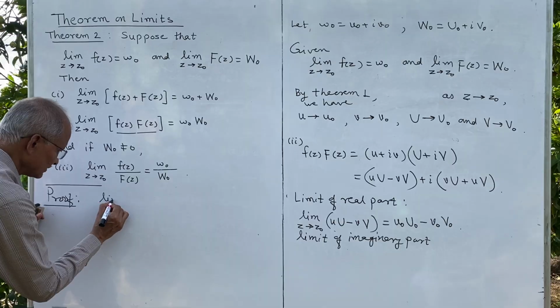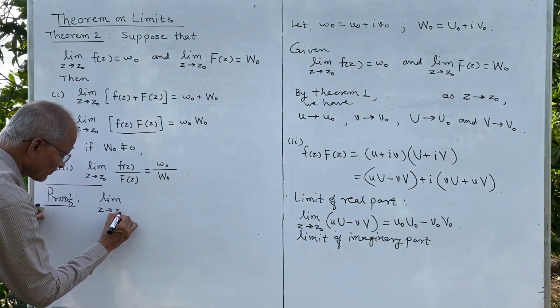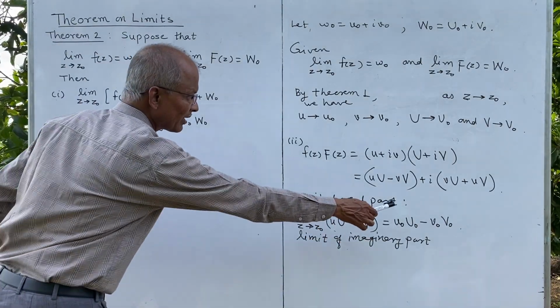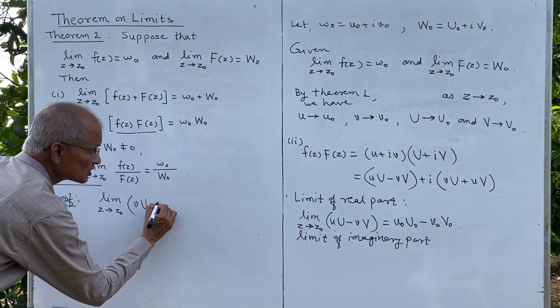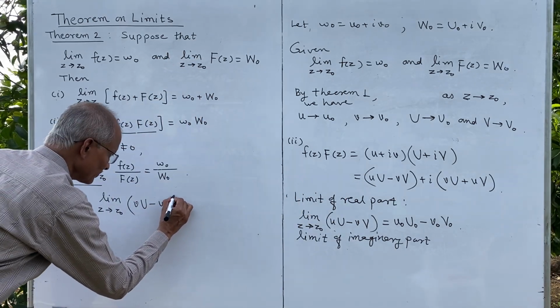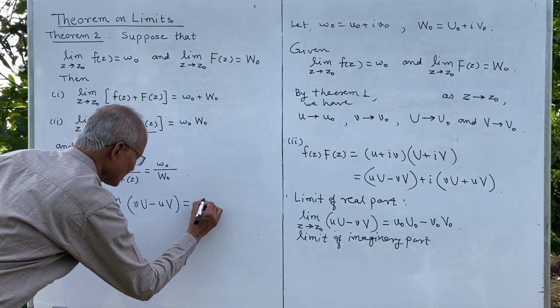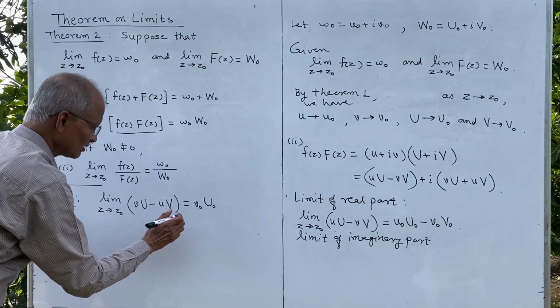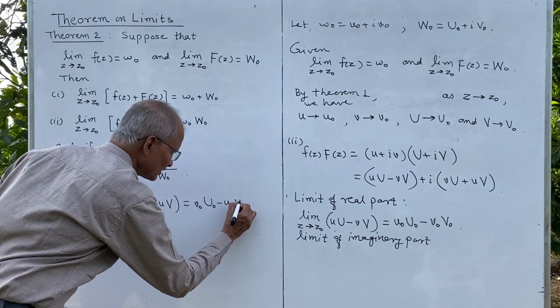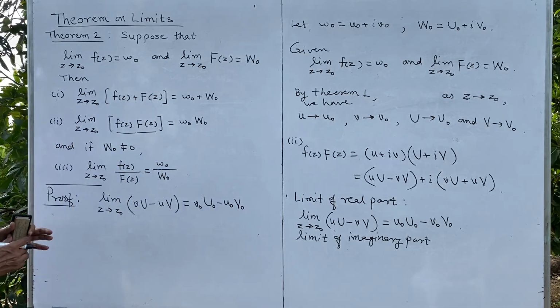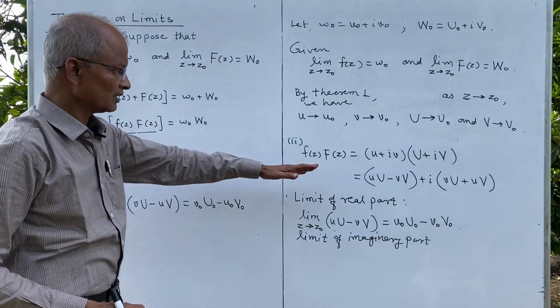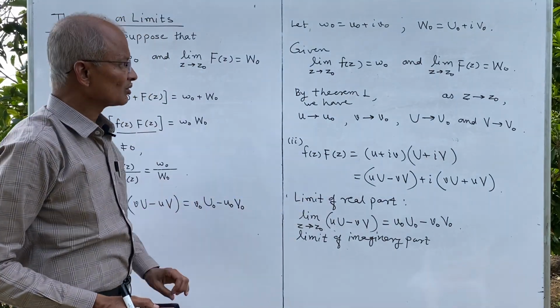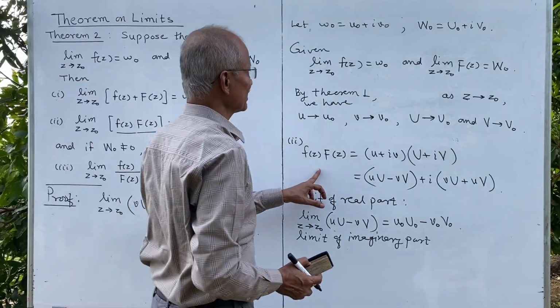Limit z tends to z naught of, what is the imaginary part? v into capital U plus u into capital V, and this will be v naught capital U naught plus u naught capital V naught. So this is the limit of the imaginary part. Now we use this in this expression. So therefore the limit of f z into capital F of z is,